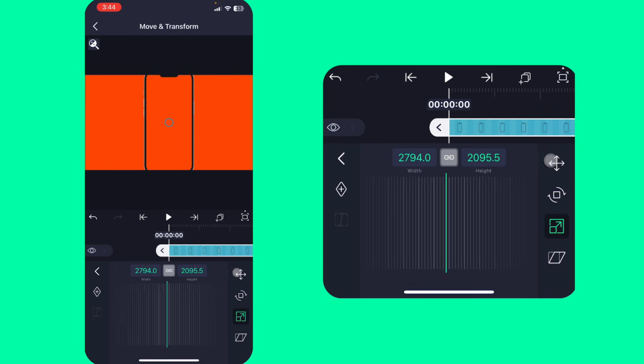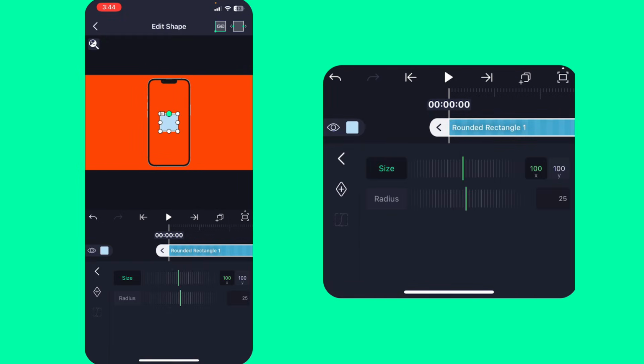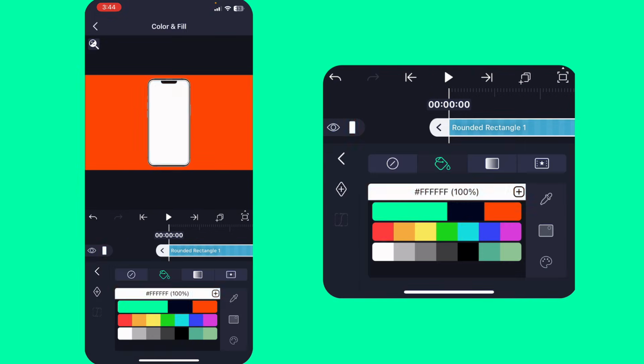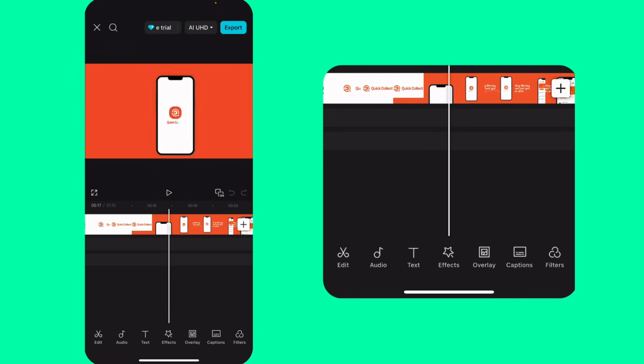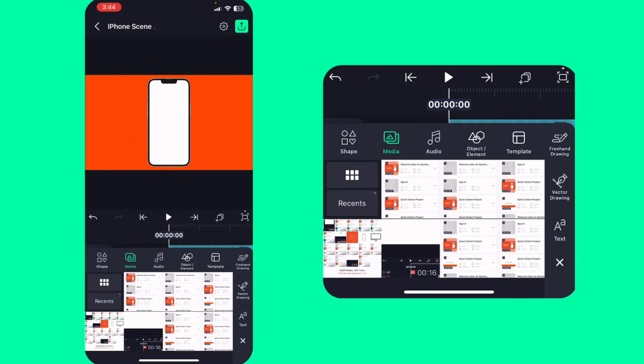Can you see? So what I did here is bring in a round rectangle shape, then take it down like this. Do it this way. I click on radius, right? Bring it down like this. Can you see? I change the color to white. Okay. Then for the logo showing inside the screen here,